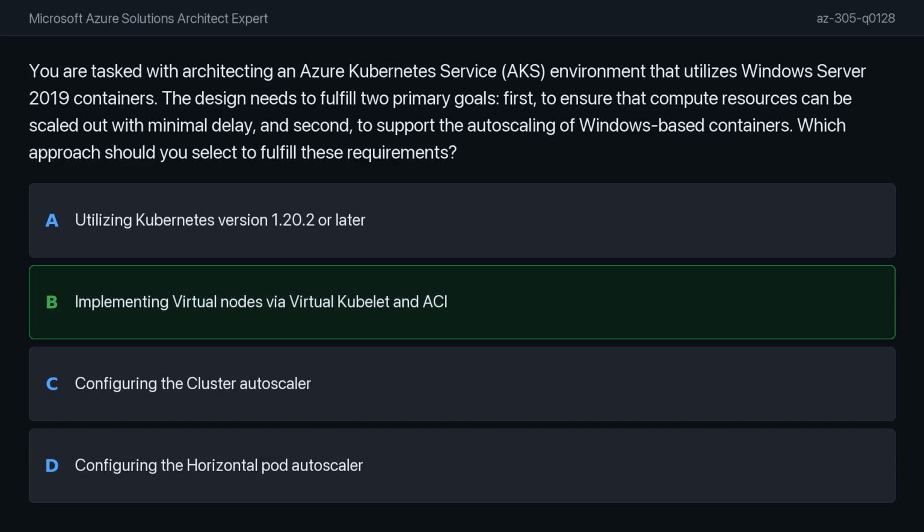In my view, the correct answer is option B, implementing virtual nodes via virtual kubelet and ACI. Virtual nodes allow you to burst pods into Azure container instances, providing the absolute fastest method for scaling compute resources in AKS. Because ACI instances provision in just seconds, they drastically reduce the time needed to add compute capacity compared